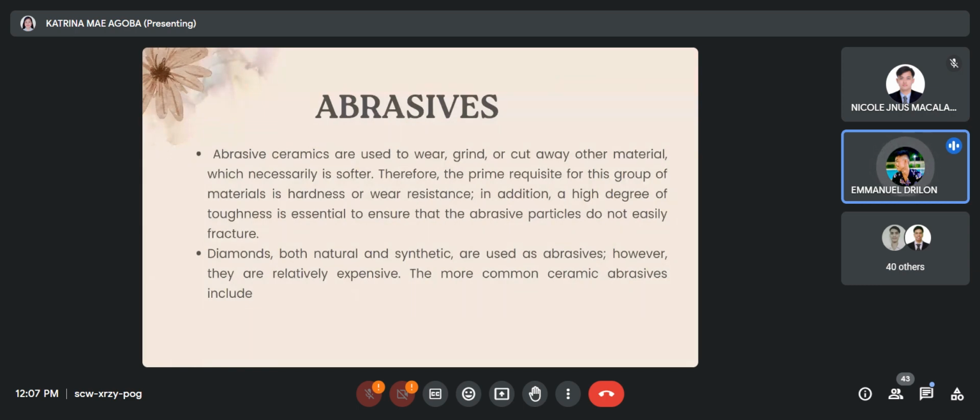The more common ceramic abrasives include, so dito sa abrasives naman is, ang pinaka-common nating makikita dito is yung mga sandpaper. Ang abrasive, siya yung material na pwede natin gamitin sa isang workpiece para i-polish or i-finish. Kaso lang, yung mismong abrasive is parang nauubos. Like, pag ginamit natin yung sandpaper sa plywood, pag gusto natin pakinisin yung plywood, gagamit tayo ng sandpaper. Tapos, pagkatapos natin siyang i-kiskis, makikita natin yung sandpaper is nawawala na yung kanyang pagka-rough. Ayun. Next,